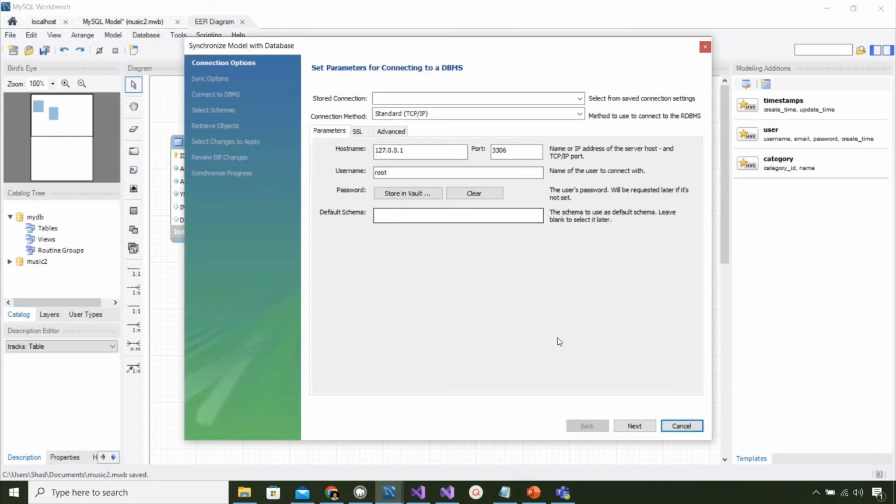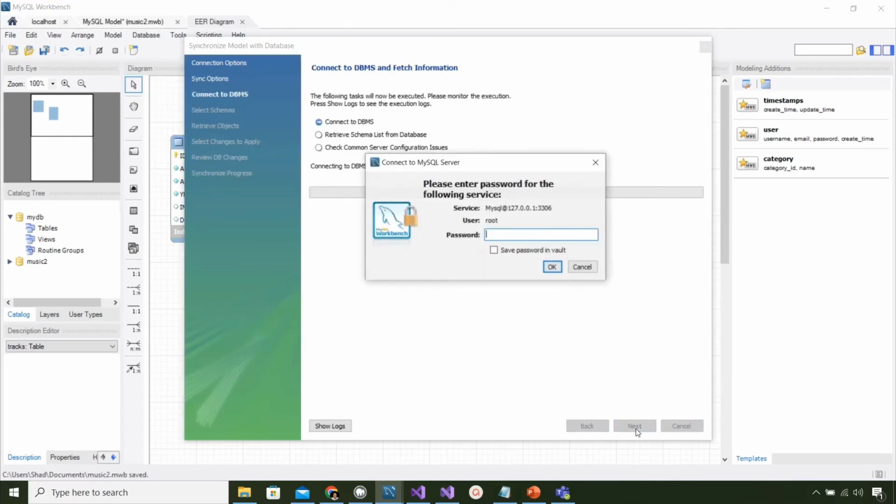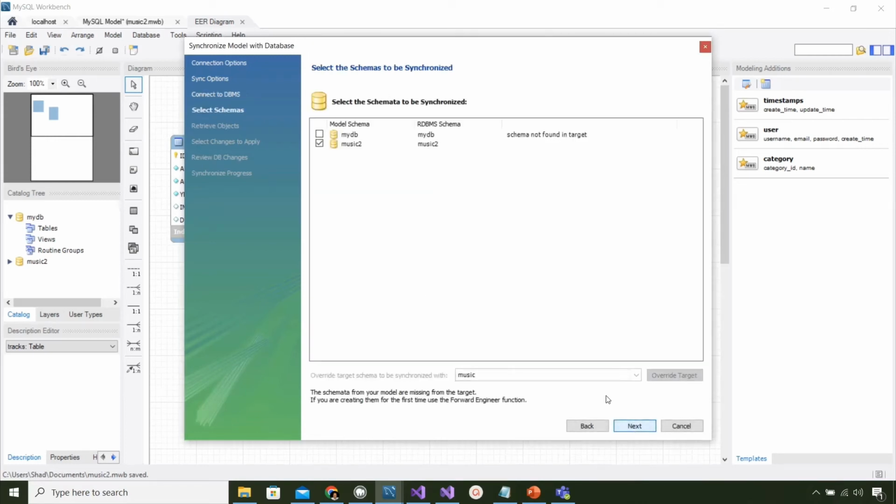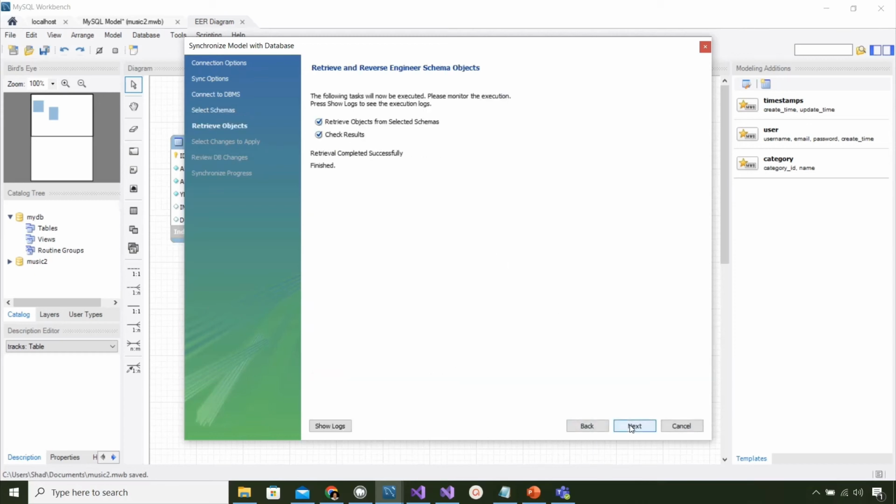And then we're going to log in and try to see what happens. So let's see, put in our password. I'm going to choose next, making sure that Music 2 is selected. Next again,